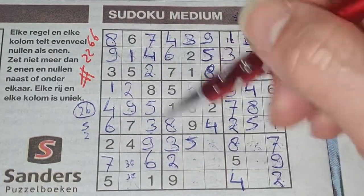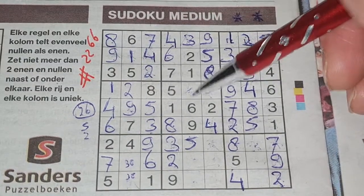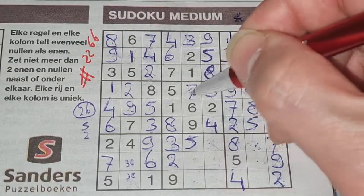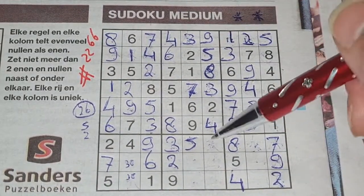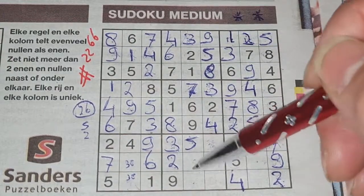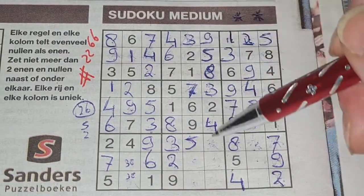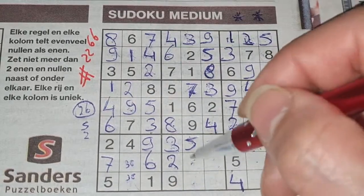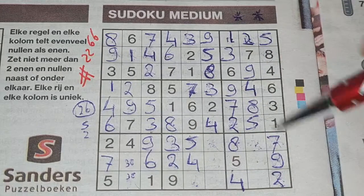2 numbers left in this big square for the numbers 7 and 3. We see here 3, no 3 there. 3 should be here and the 7 goes there. 1 and 6 cannot fill this yet. 2 numbers left in this column. 1, 2, 3. The 4 is missing. We see here 4, no 4 there. 4 should be here. 1 box left in this column for the number